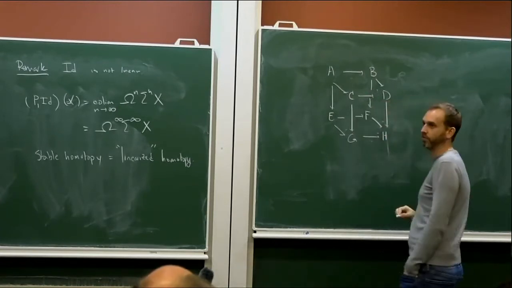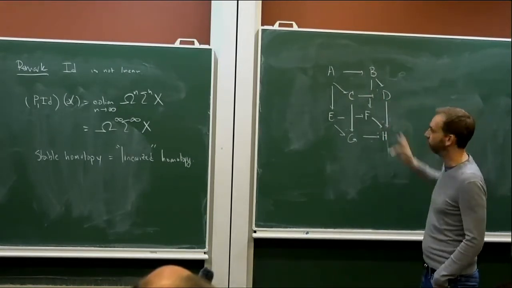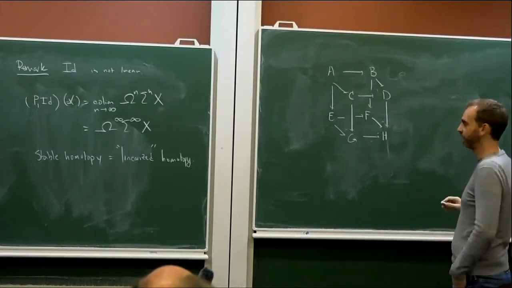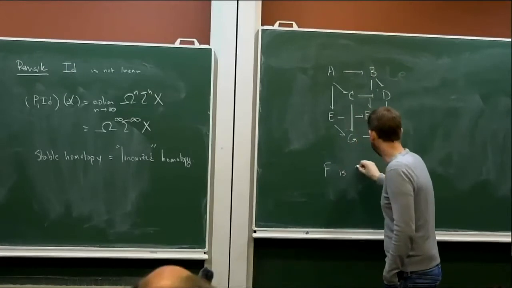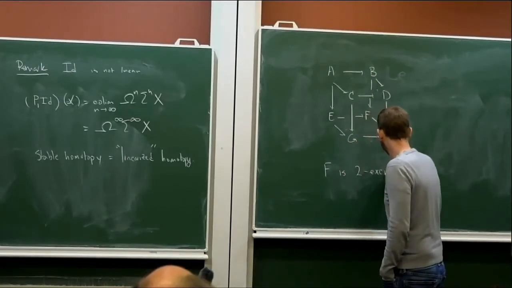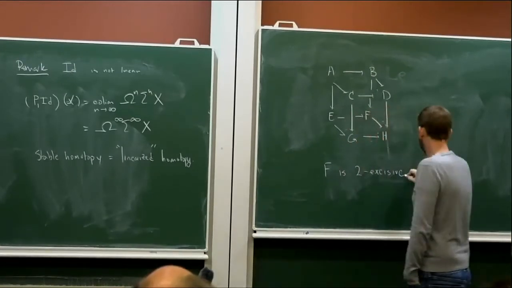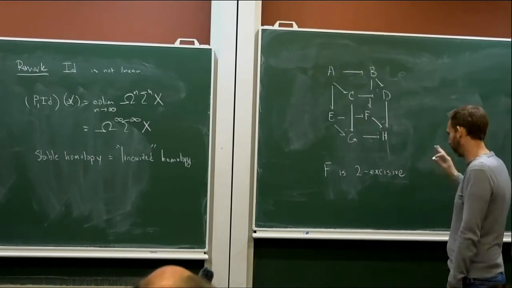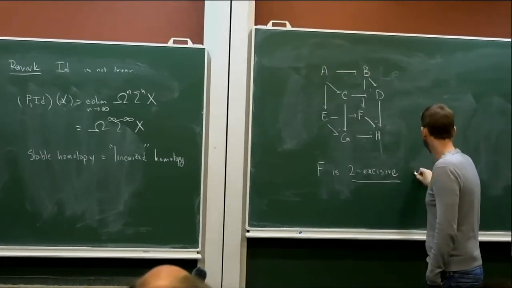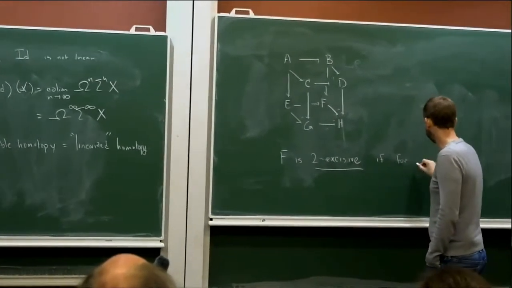So I have a bunch of things that I'd like to be excisive somehow, and I'm going to say f is 2-excisive. The definition might be a little bit surprising, but it's the right thing. It's what works. If for every